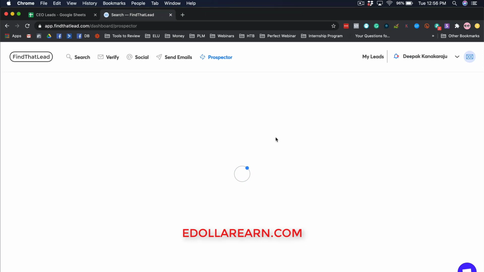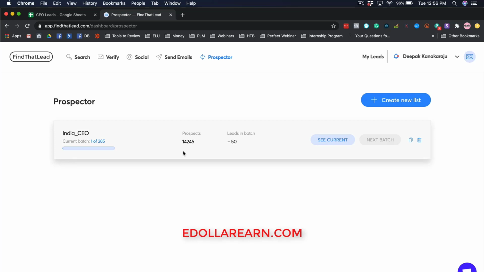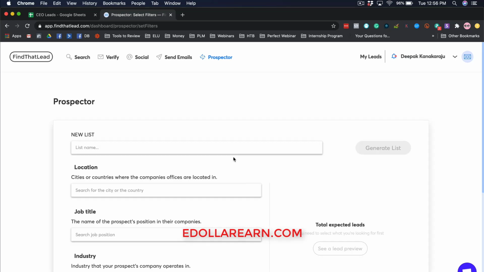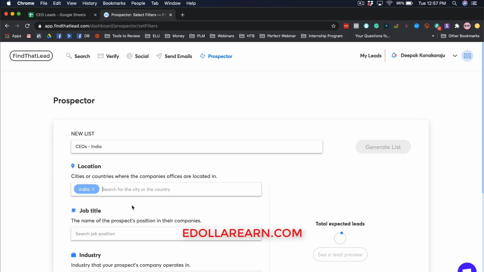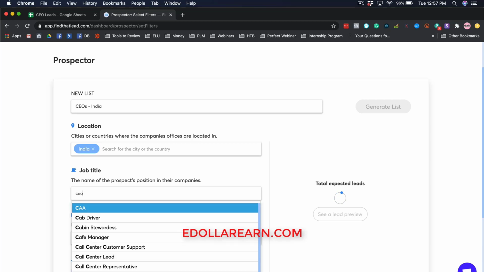Here I can enter some details in terms of what kind of company I want to get and which country, etc. So I will click on create new list. I would name the list CEOs India, and for location I would select India. Job title would be CEO.